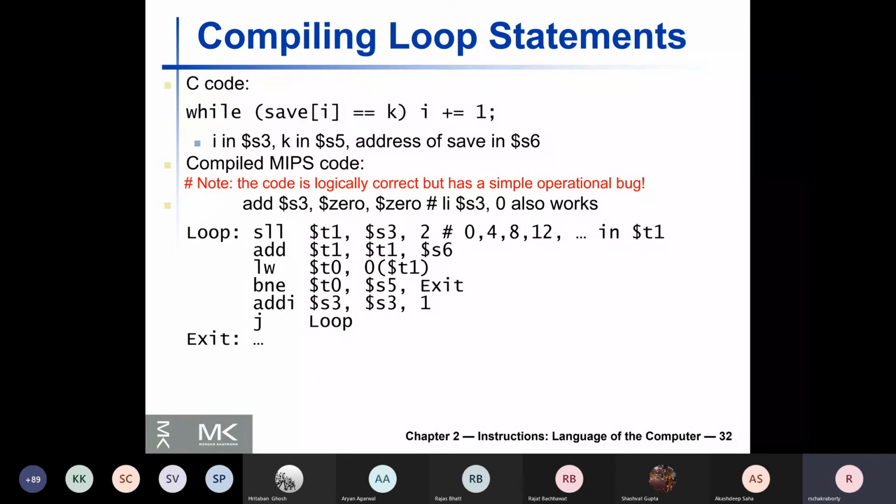There is no instruction called load immediate supported by the hardware as such. So if the assembler sees an li instruction written by the user, it will automatically convert it to probably that add $s3, $0, $0 form. But to write it in short, you could have also written li $s3, 0. This also would have worked and performed exactly the same thing to initialize register $s3 to 0.